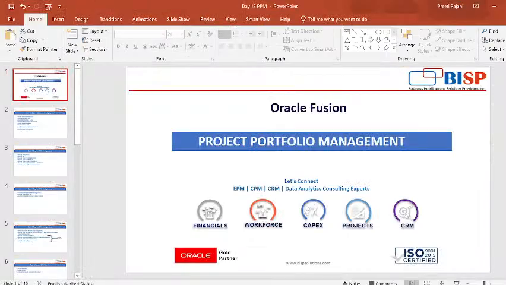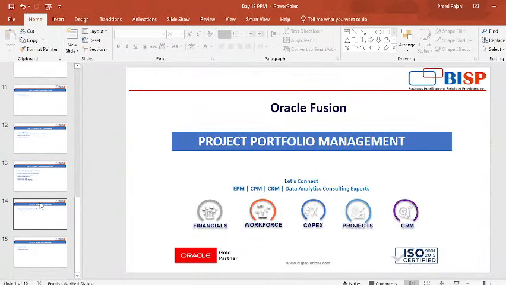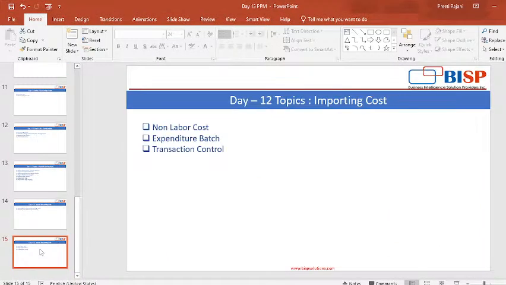Now we will move to our next task, that is transaction control. So what is the transaction control? So when we want to restrict any task to use the expenditure type, then at that time we will create the transaction control. For example, we want some project to use only miscellaneous expenditure type for the transactions purpose, then what we will